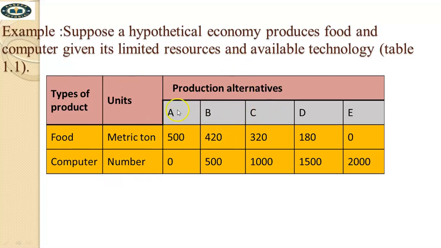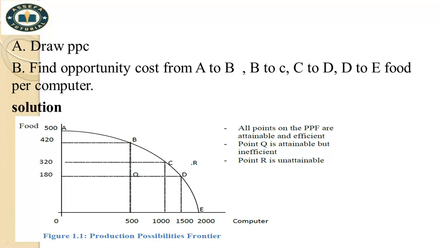We have production alternative A, B, C, D, E and we have food and computer ይለናል። ስለዚህ አሁን ይሄ አምራች ሁሉንም ምርት ፕሮዲስ ማድረግ አይችልም። ፖይንት ኤ ፕሮዲስ ካደረገ 500 ፉድ እና 0 ኮምፒውተር ፕሮዲስ ያደርጋል። ፖይንት ቢ 420 እና 500፣ ፖይንት ሲ 320 እና 1000፣ 180 እና 1500፣ 0 እና 2000 ሆኖ ይሄዳል ማለት ነው።